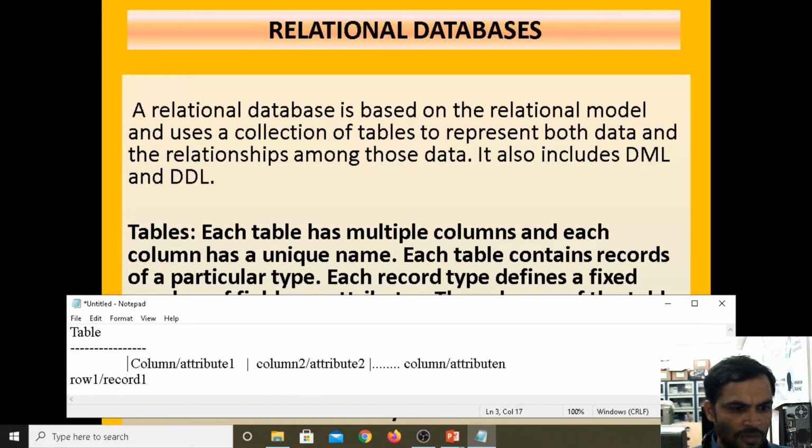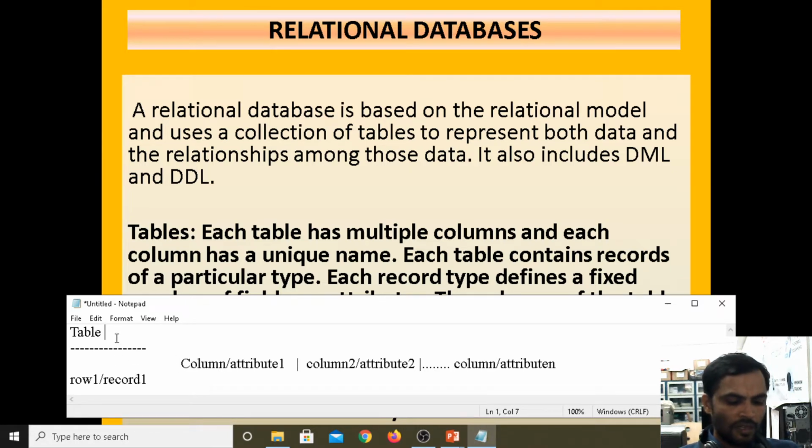For your understanding, this is the column, and the table name is student table. A table consists of rows and columns, and now we are inserting the row.